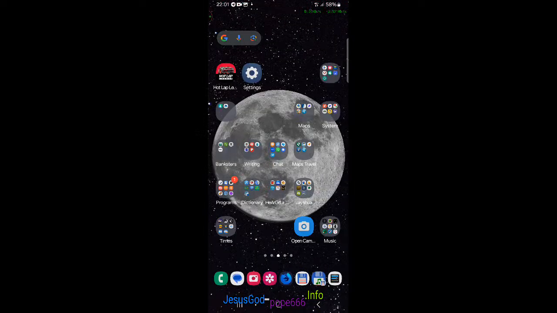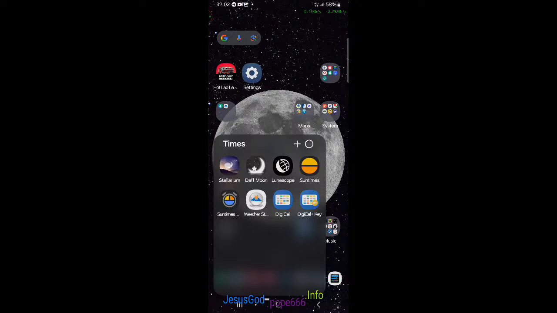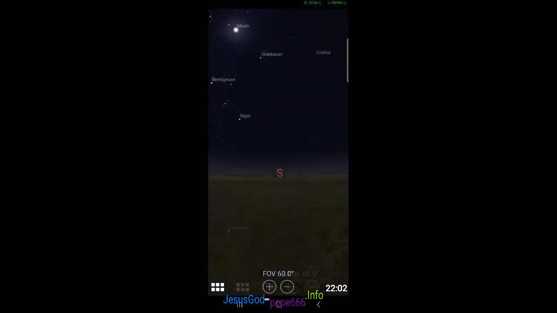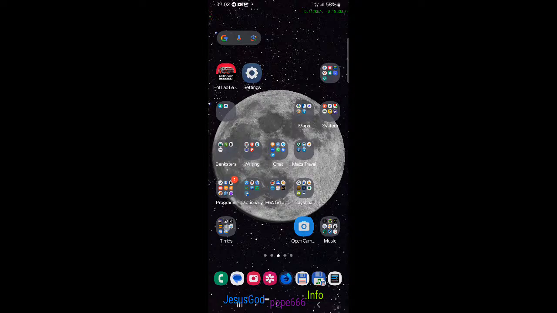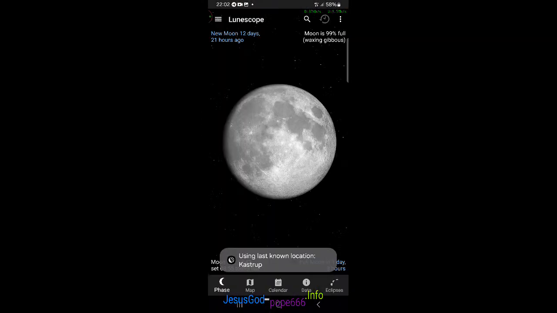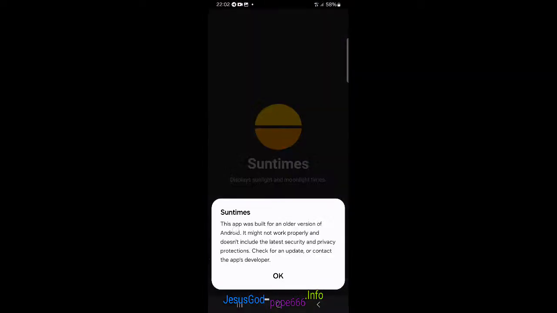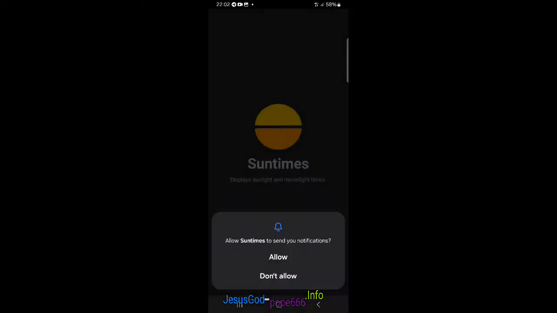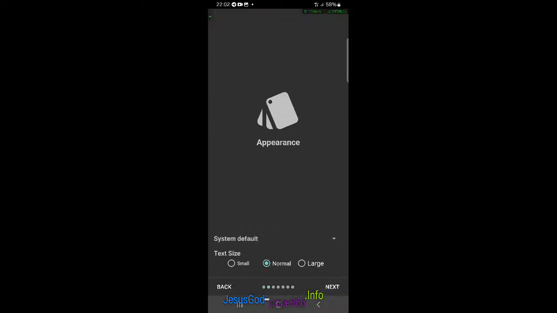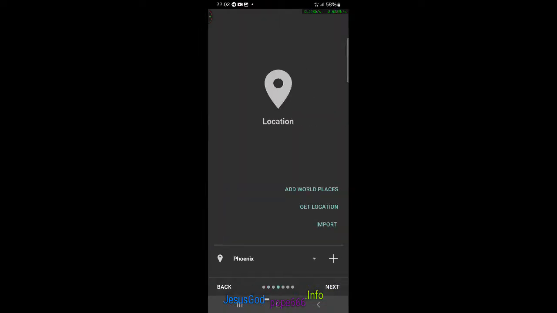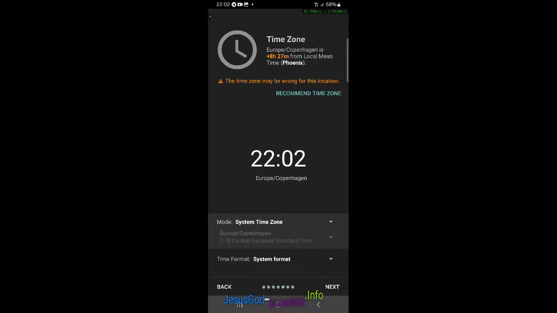So I have all the applications over, but I don't have the options. I don't have the app data for them. So you can sit there and use many hours on setting things up again, because we don't have anything else to do, right? Sometimes it says made for an older version, blah blah, and here we go in all the settings.